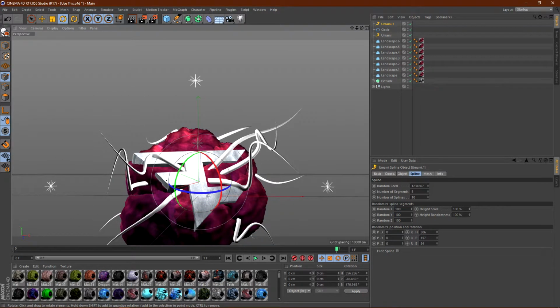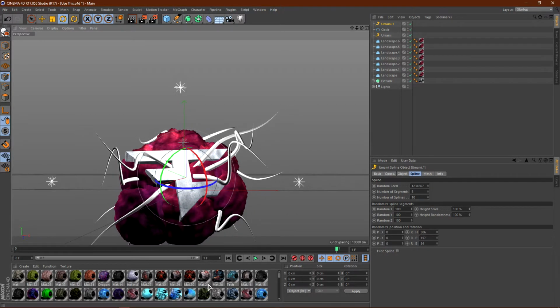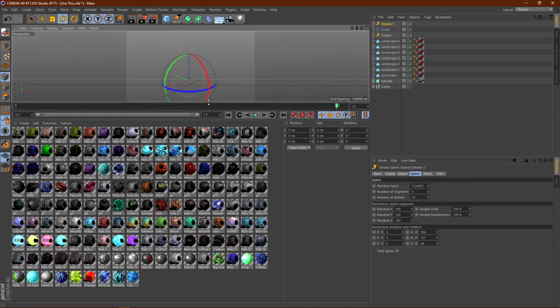So kind of like that maybe. Again, and notice how I'm not really having it come through the logo. It's kind of coming through on the side, but I kind of like how that looks. But you guys can add as many splines as you want. This is definitely enough for me, so what I'm going to do now is add a material